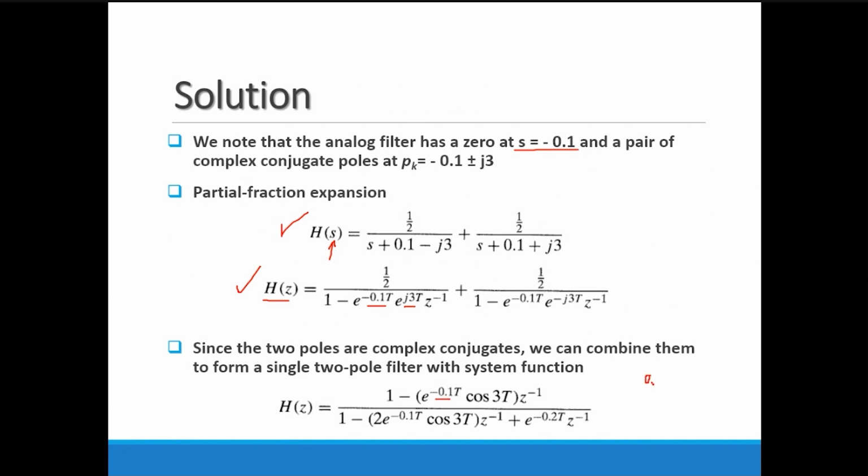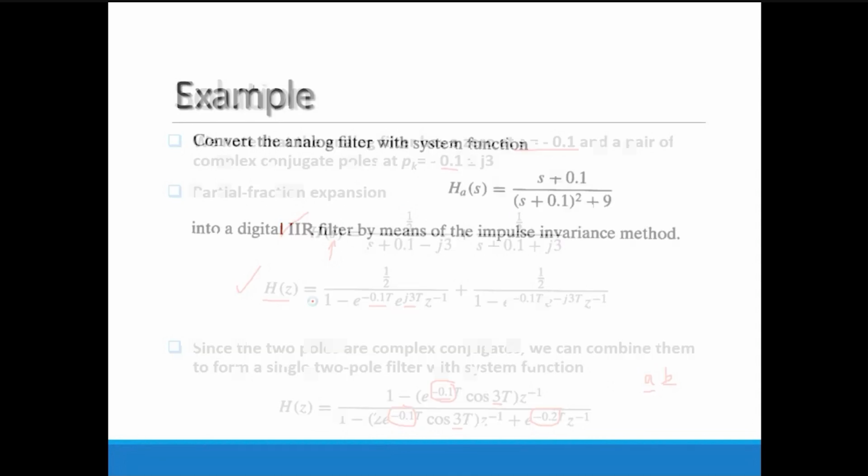I show you this equation in the next slide also, but I suggest you modify it at present. In this cos, here you write the term b. Whatever e raised to terms, just see that this represents the value of the real pole. So that is 0.1 only, minus 0.1 over here. And here it will be multiplied: e raised to minus 0.1 into e raised to minus j3. When you go for the multiplication, you get this expansion. Only remember this: e raised to a you have to apply, and for cos 3t, the 3 means you have to take the imaginary term.